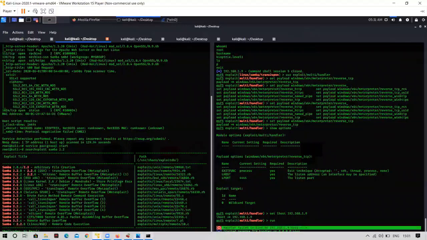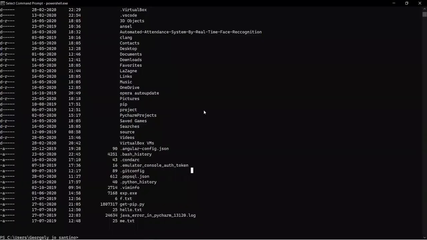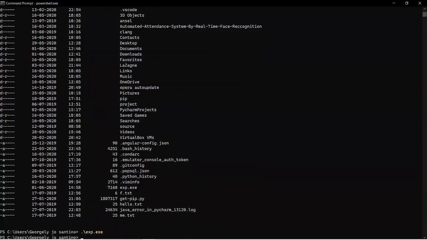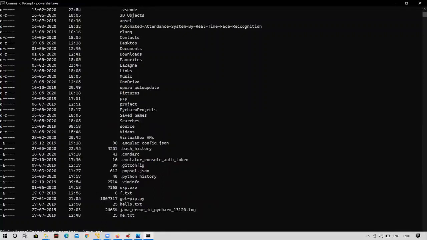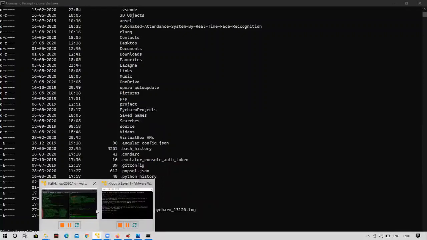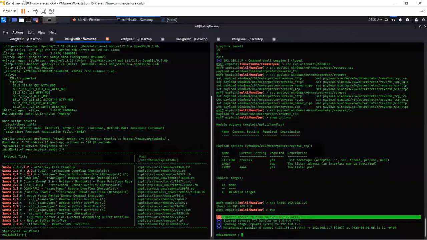So we generated our payload to bounce back the CMD, bounce back a meterpreter session from this machine, that is the host machine in this case, back to your attacker machine. So what I'm going to do is I'm going to say exploit.exe, hit enter. You can see it's successfully executed. Let's see if we spawn back a meterpreter session. Well, you can see that meterpreter command is open, and you could say whoami to verify that